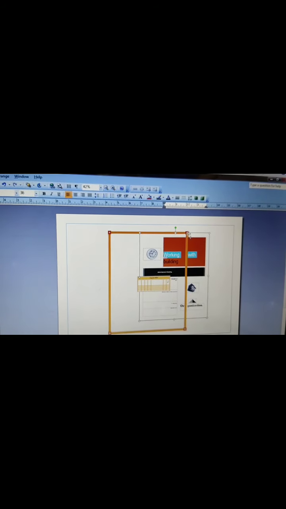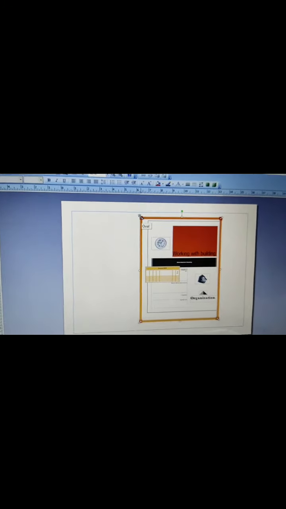We'll just bring this one here. This is the way you add a border, but you have to adjust the border here.